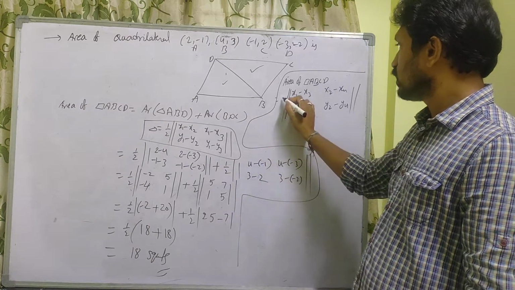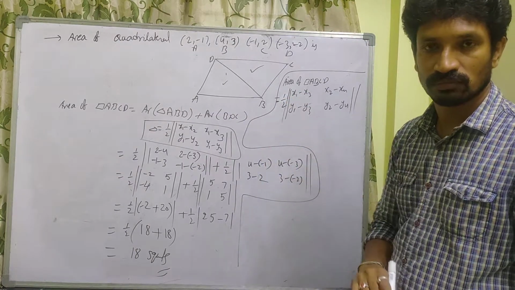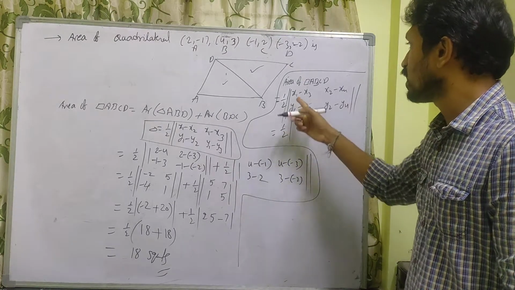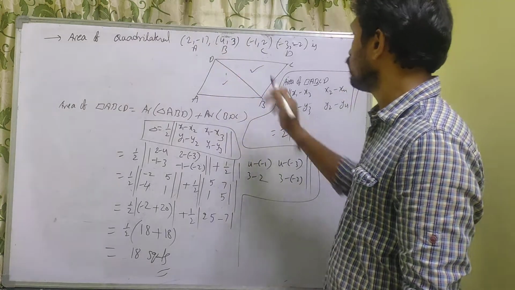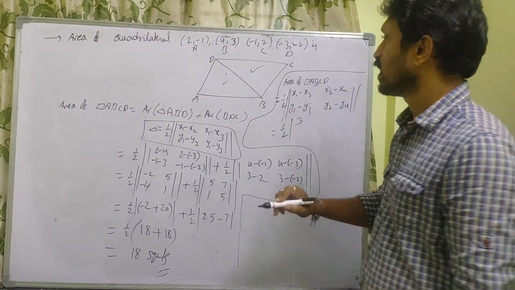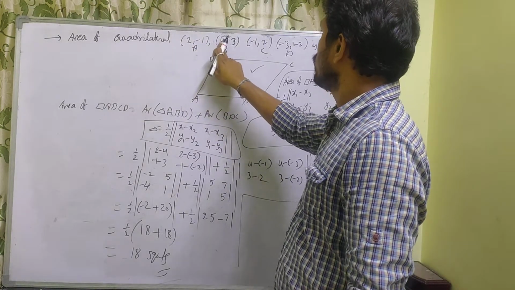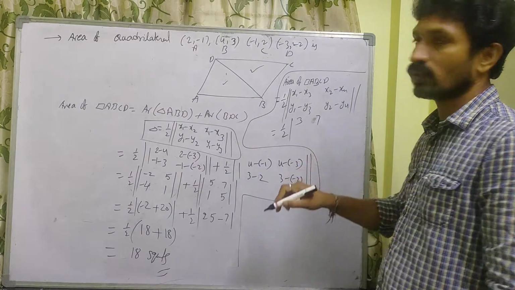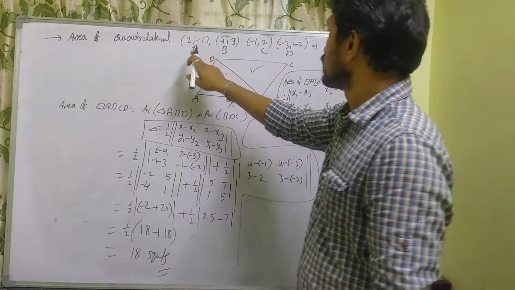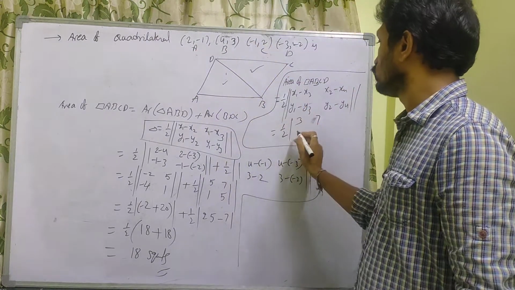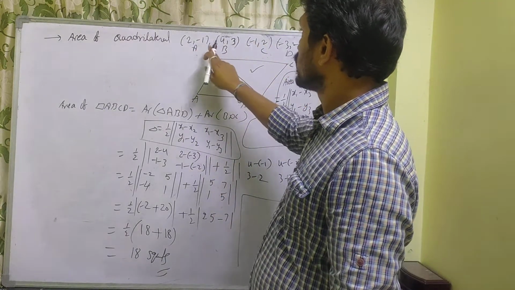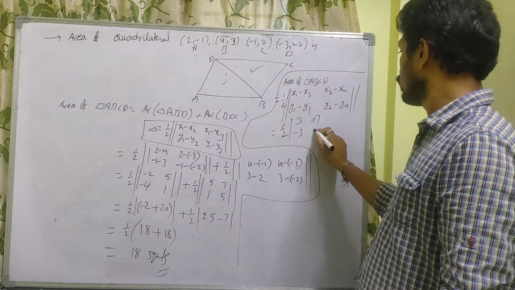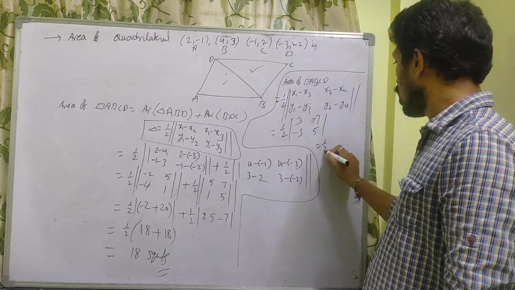Okay. See here, this is half into modulus of x1 minus x3. 2 minus of minus 1, 2 plus 1, 3. Next, x2 minus x4: 4 plus 3, that is 7. Directly I am writing, 4 minus of minus 3, 4 plus 3. Next, minus 1 minus 2, minus 3. Next one, 3 minus of minus 2, 3 plus 2, 5. So this is equal to half into